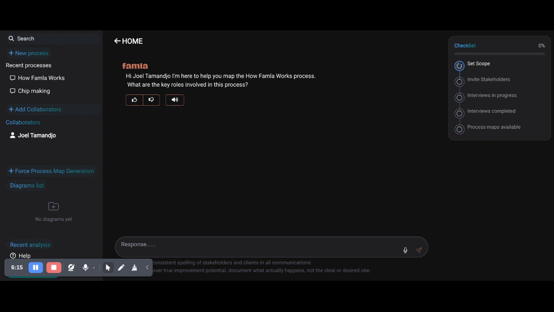part, it's where you commission Famla. Think of Famla as a junior consultant in your team. And for a junior consultant, what you will do is set the scope. You will tell the junior team member, I want you to map this process, right? So this is setting the scope,